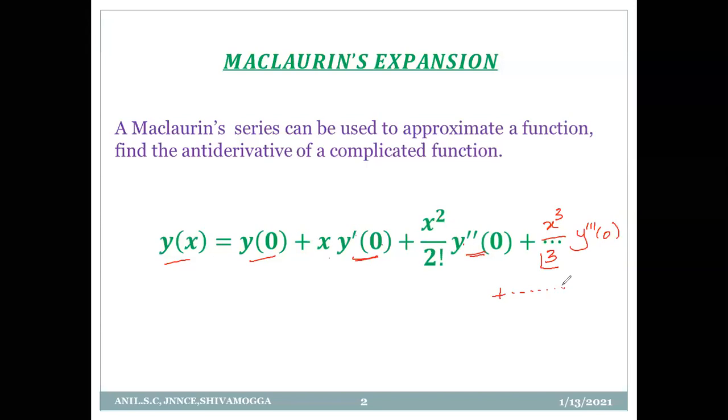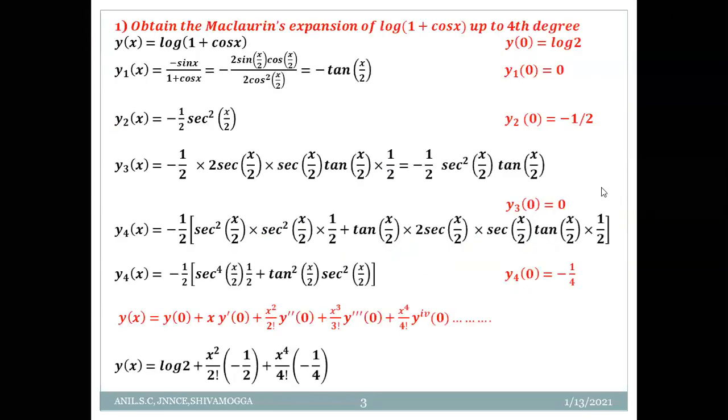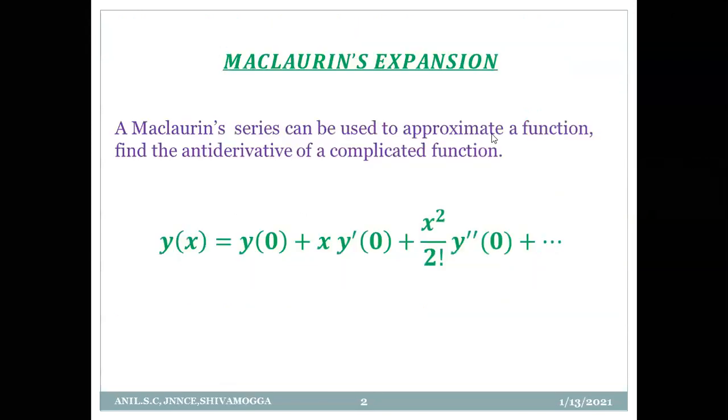And we put this in the form of a summation, and then we can easily integrate or find the antiderivative of the given function. Let's solve a problem. We will come to know what this expansion actually is. To make a note of this series, Maclaurin's expansion is y of x is equal to y of 0 plus x into y dash of 0 plus x squared divided by 2 factorial into y double dash 0, and it goes up to infinity. Please keep a notepad and pen with you while attending the classes.